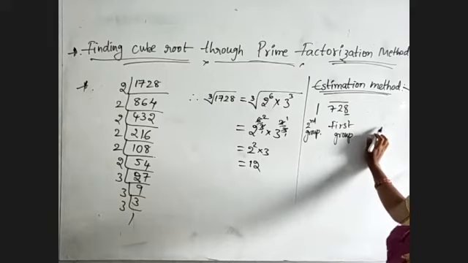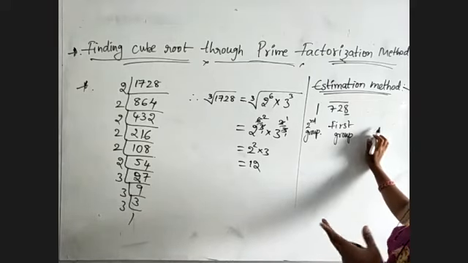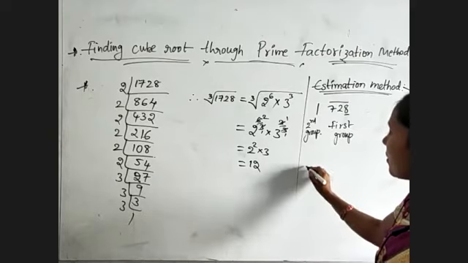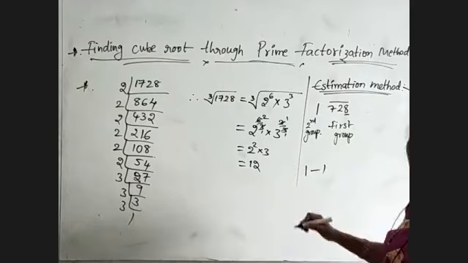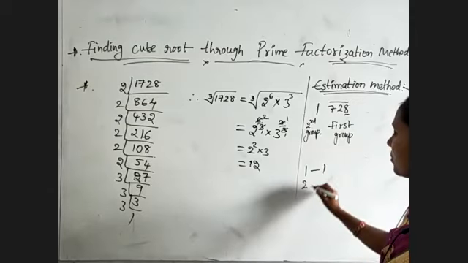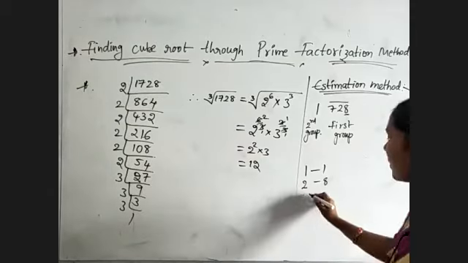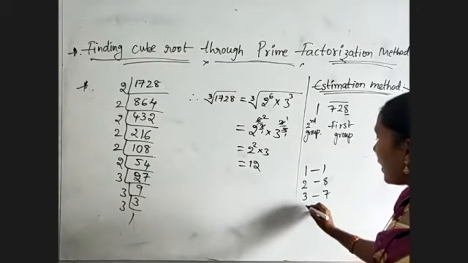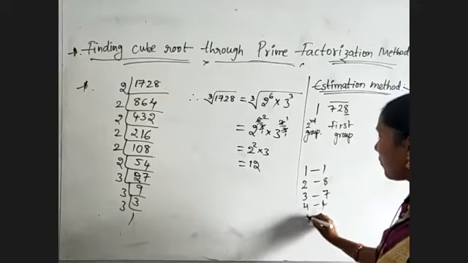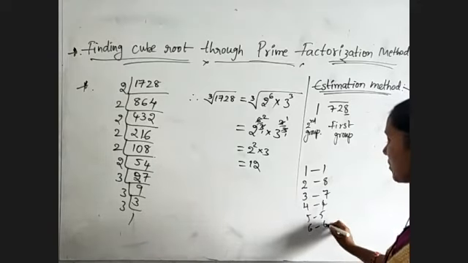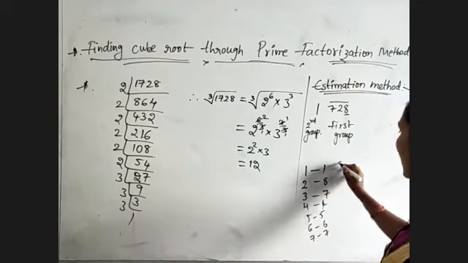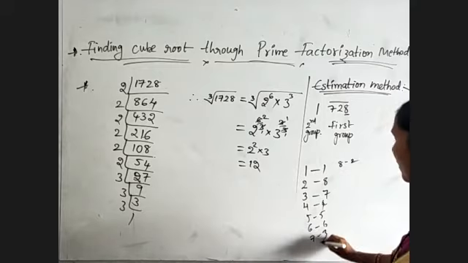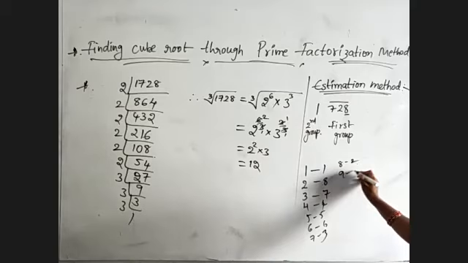When we get 8 as a cube value, of which number is it? Suppose 1 cubed is equal to 1, we will get. If the number is ending with 2, we will get 8. If the number is ending with 3, then we will get 7 as the cube value. And for 4, 4 only, 5, 5 only, 6, 6 only, 7, 3 we will get, 8, 2 we will get, 9, 9 only.